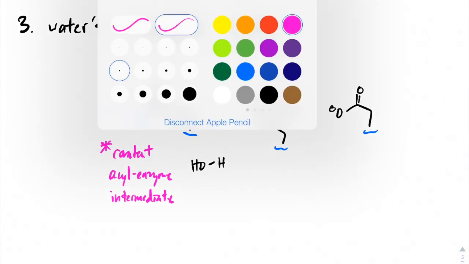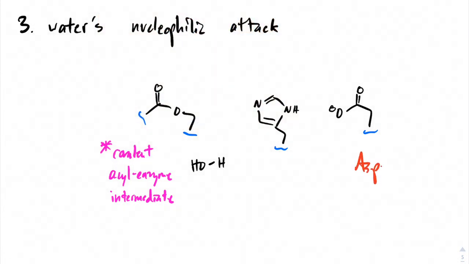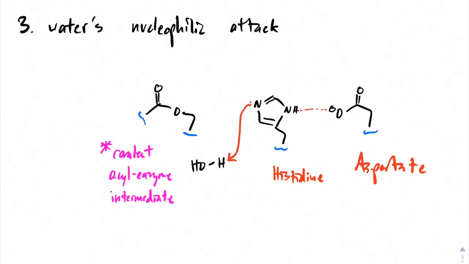So, using what we know about our catalytic triad, how will that go about happening? So, of course, affinity for the hydrogen right there, and then nitrogen's lone pairs will pick up that hydrogen on water to make water nucleophilic, and it'll attack our carbonyl and swing up the lone pairs onto oxygen,